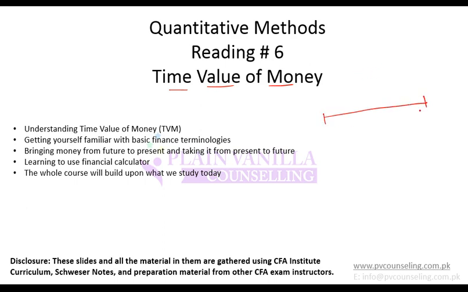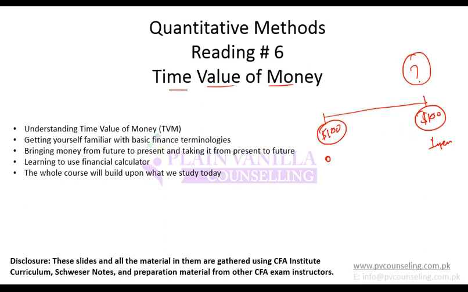That is, if you have $100 today, that $100 will not be the same as $100 after 1 year, or $100 of the future. That means $100 of today would be equal to some other amount in the future and not the same as the $100 of the future. And it will continue to lose value as you move on. So then the next question arises: what will be the equivalency rate? That is, if $100 is not equal to $100, then what is the amount that they are equal to?